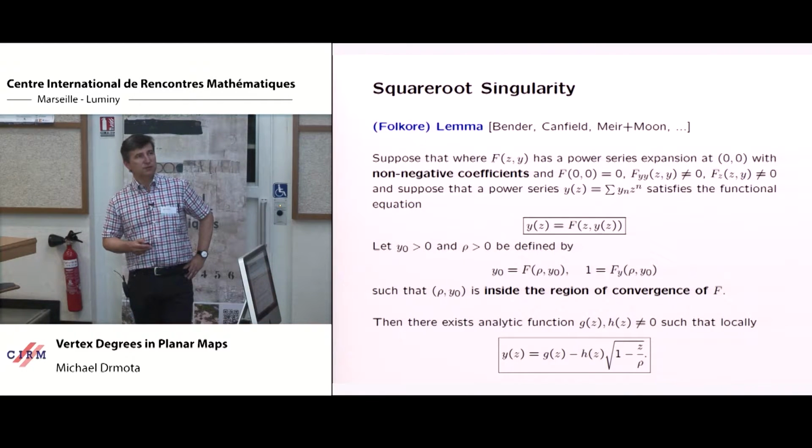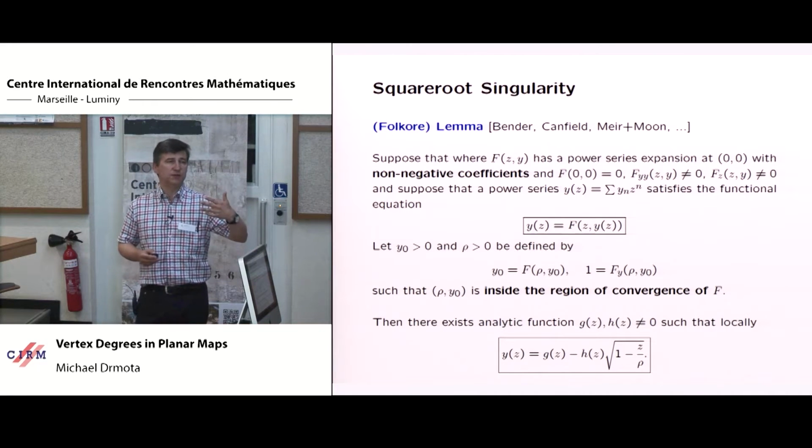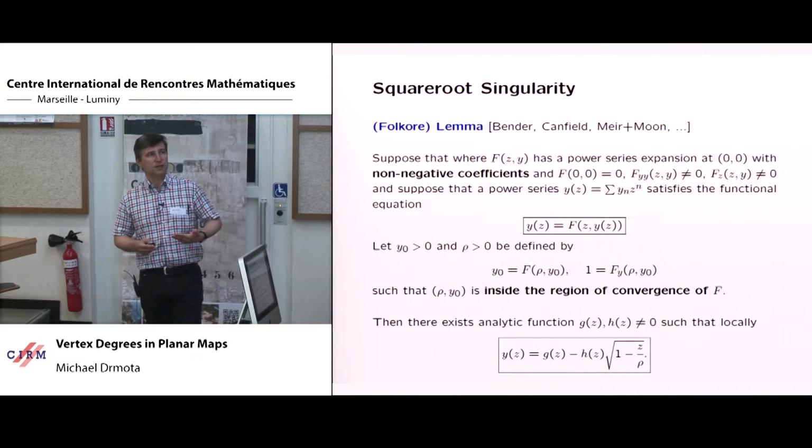Of course, this square root singularity plus the value of the function at the square root singularity, which will be g of rho, this y0 will be g of rho, has to satisfy this equation. And there is a second condition which just says that the condition for the implicit function theorem is violated. And if this is violated, you could expect a singularity, and actually under this condition, you will get a singularity